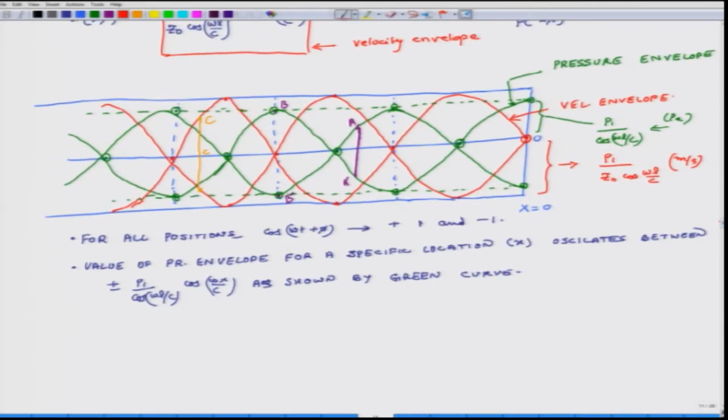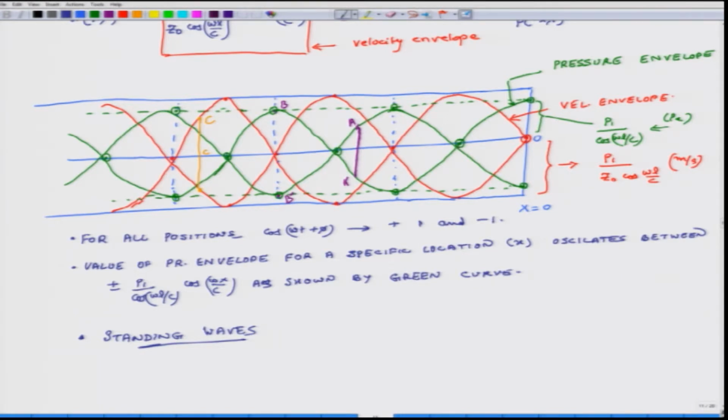So, these types of velocity and pressure patterns are known as standing waves. And the reason they are known as standing waves is that when you take somehow a snapshot